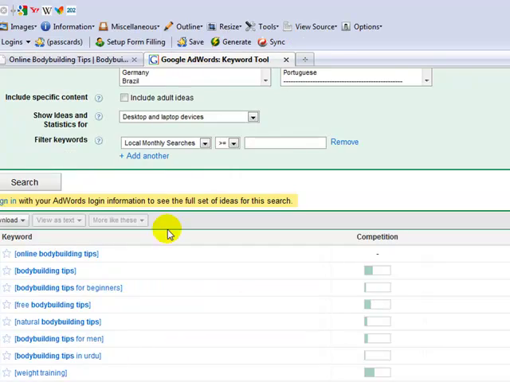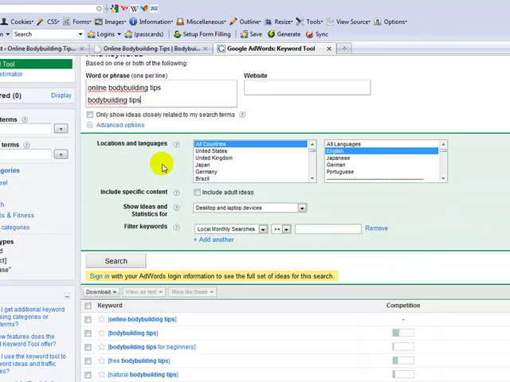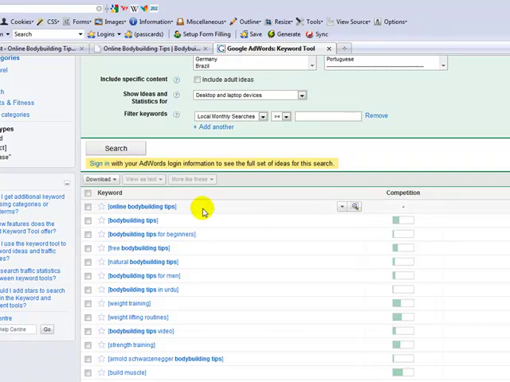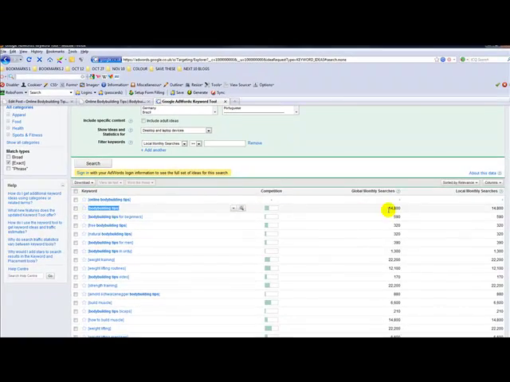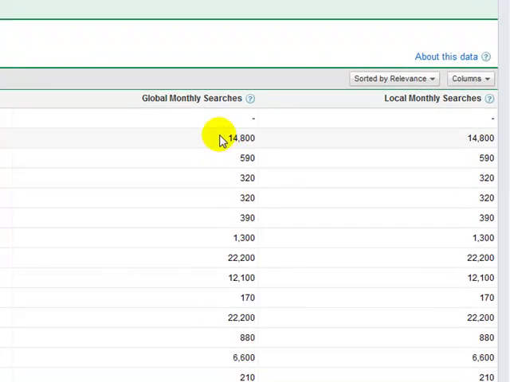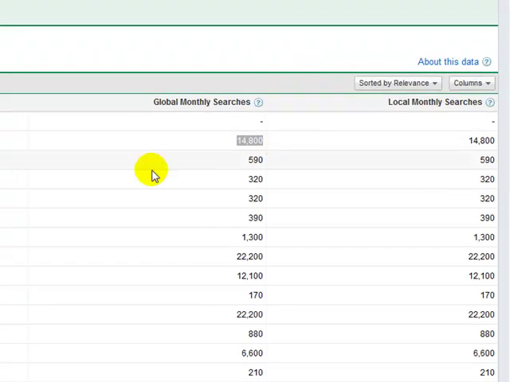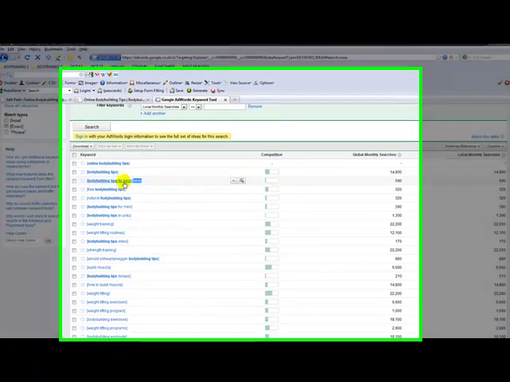For example, I typed in online bodybuilding tips and bodybuilding tips into Google, for all countries, exact match. And as you can see, the actual key phrase doesn't really get any searches. Well, I don't think that's entirely true, but that's the way the data shows. However, bodybuilding tips does, and with exact match, global monthly search volume is quite high, almost 15,000. But this is a great example where you could target something like